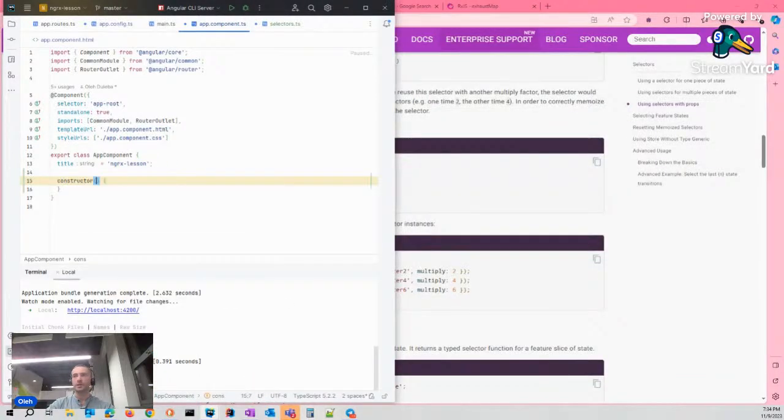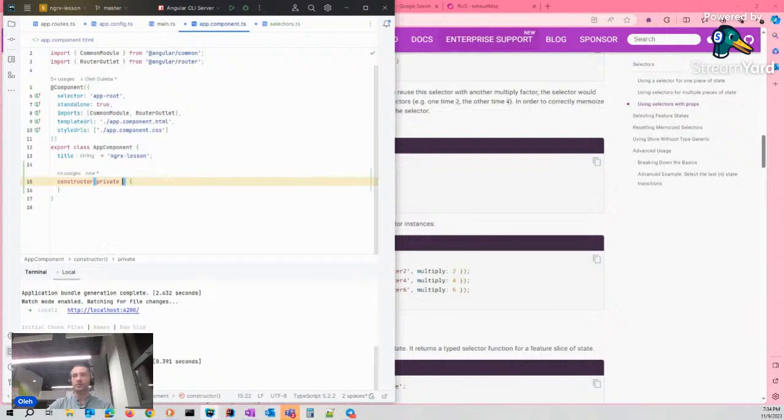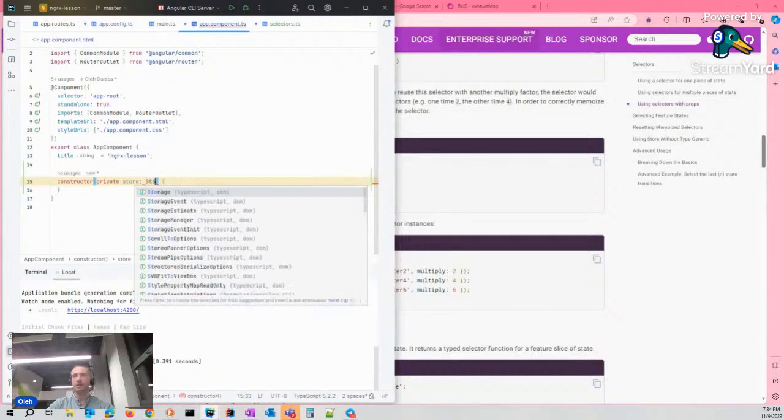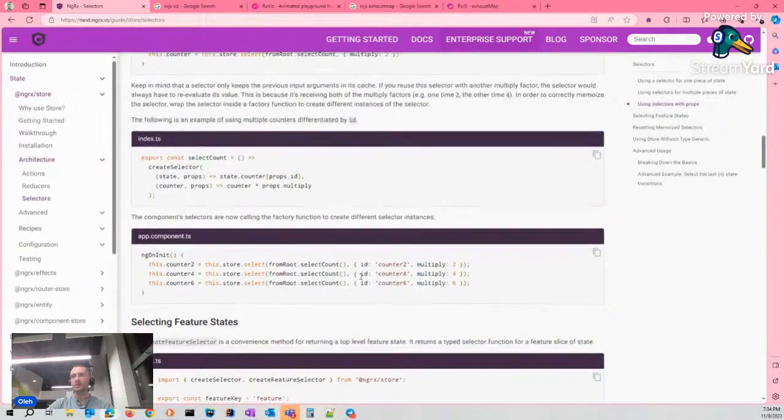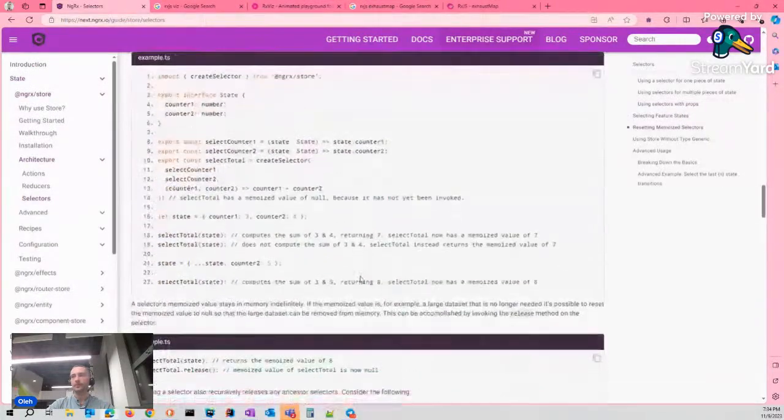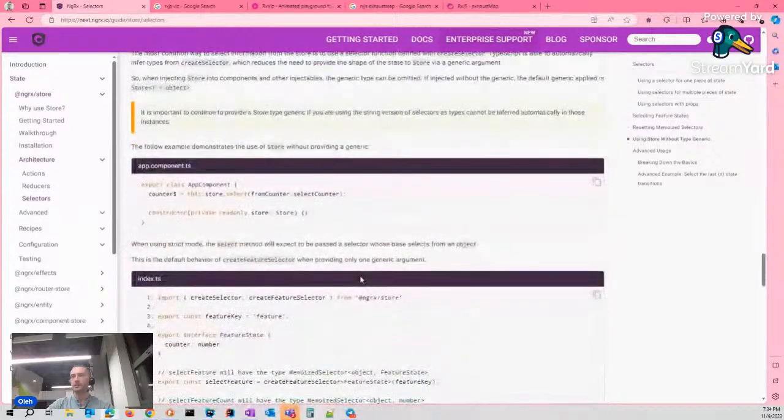Using dependency injection, we can provide the store service like presented here.